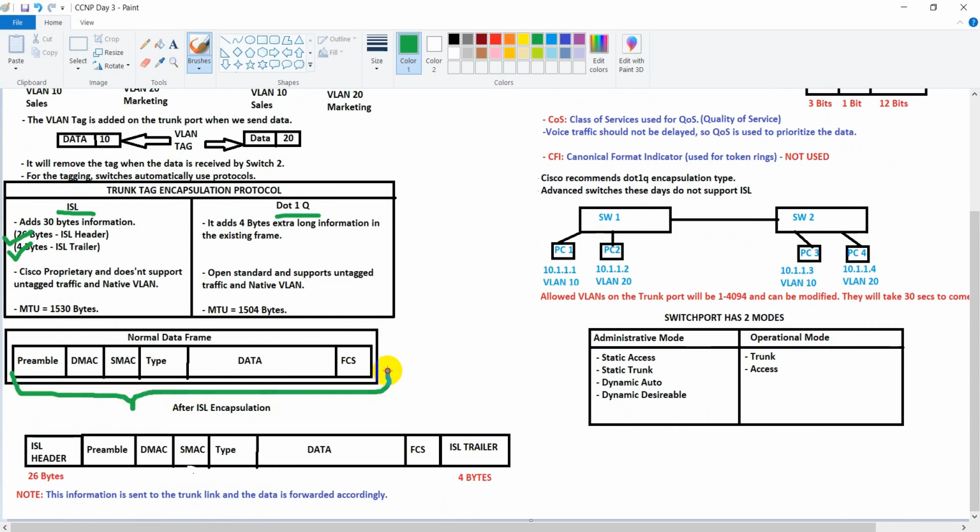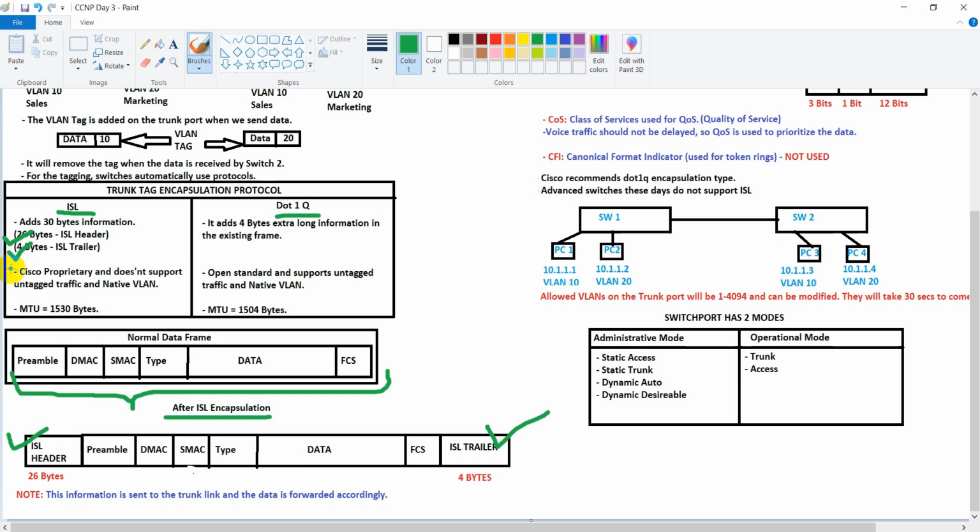It will add an ISL header of 26 bytes and an ISL trailer of 4 bytes. This would derive that this is having an ISL encapsulation, as it has added 30 more bytes to the normal data frame.